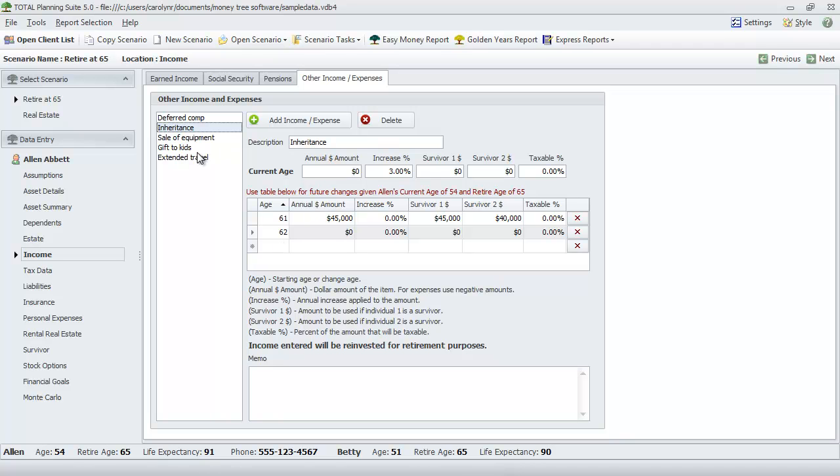So that can be used for income items, and it can also be used for expenses. So extended travel, for example, they have at age 65, so upon retirement, that they're going to be spending an additional $8,000 a year until age 70. So they're going to have 5 years of extended travel for those first years of retirement that we're going to factor into the projection. So once we have these items all entered, we can move on down to the tax